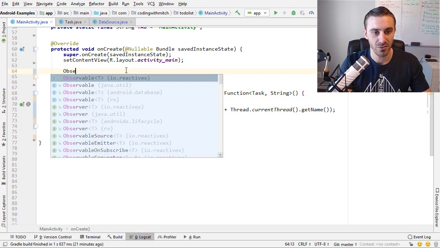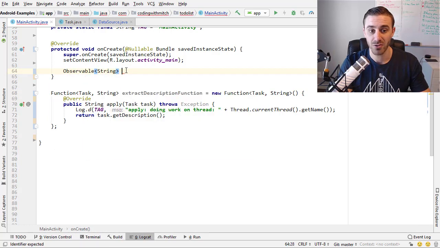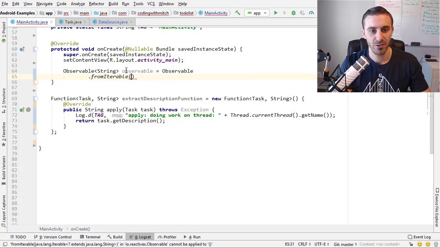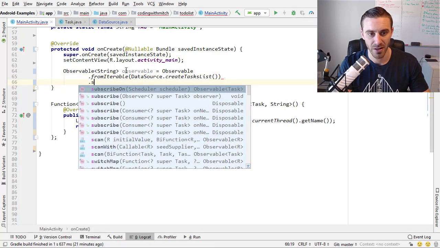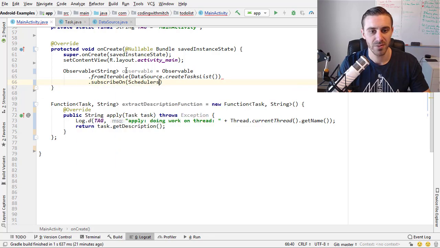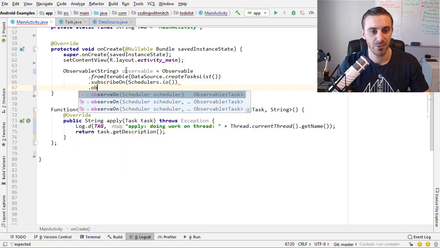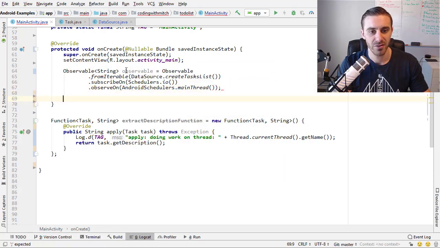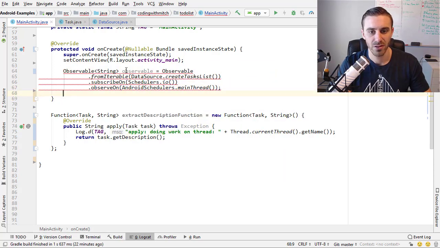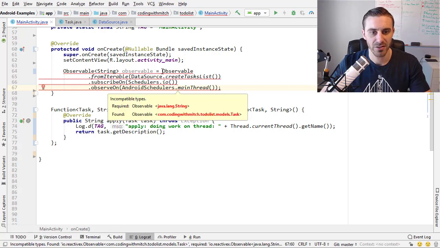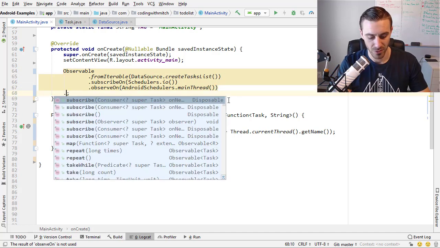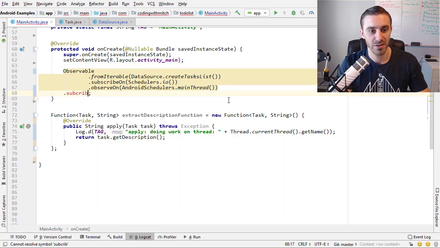Now what I'm going to do is create a string observable equals observable dot from iterable. We're going to reference that data source class, so create tasks list, just like we've done many times before. I'm subscribing on a background thread. I'm going to observe on the Android main thread. Actually, I'm not even going to create an observable because then I've got to write a bunch more lines of code. So now I'm just going to subscribe right to this